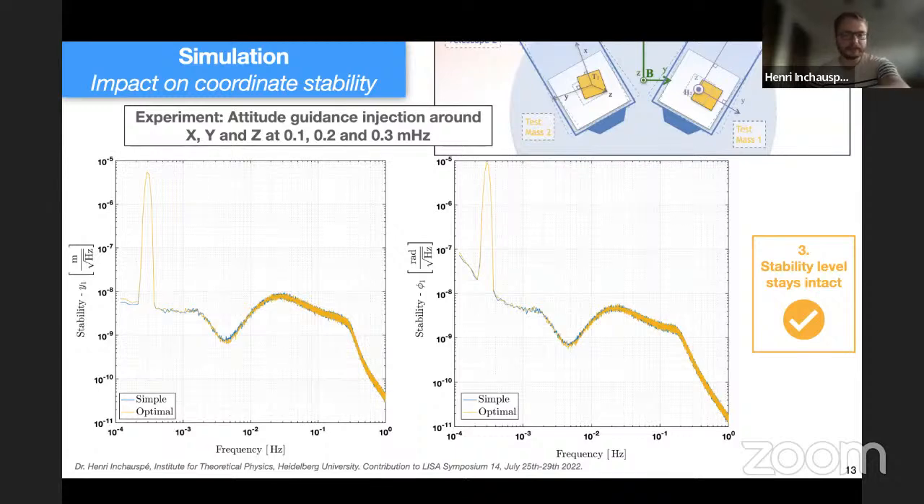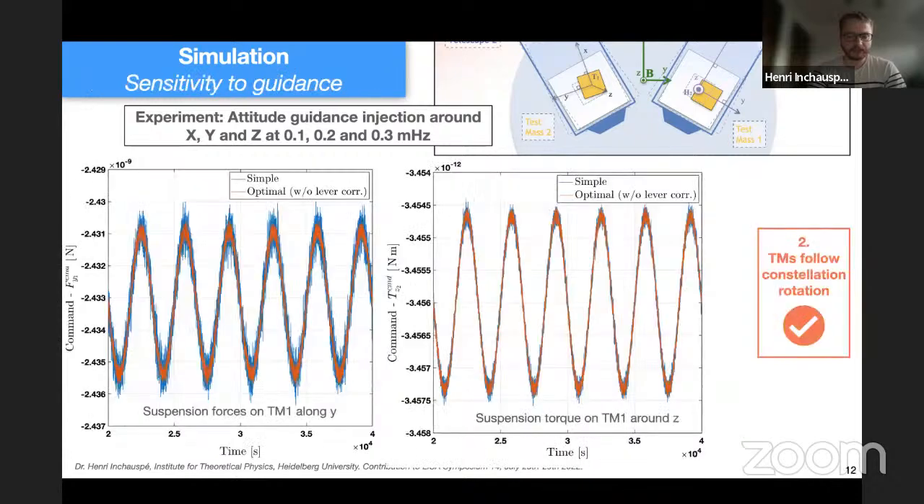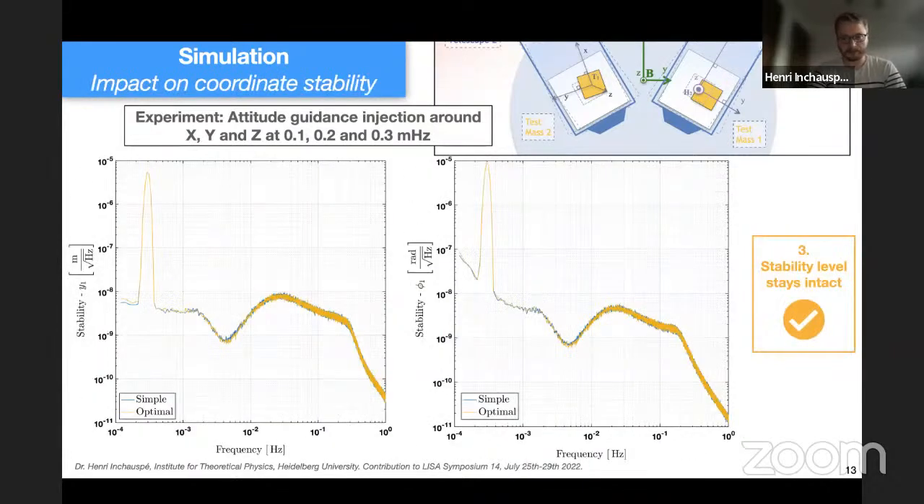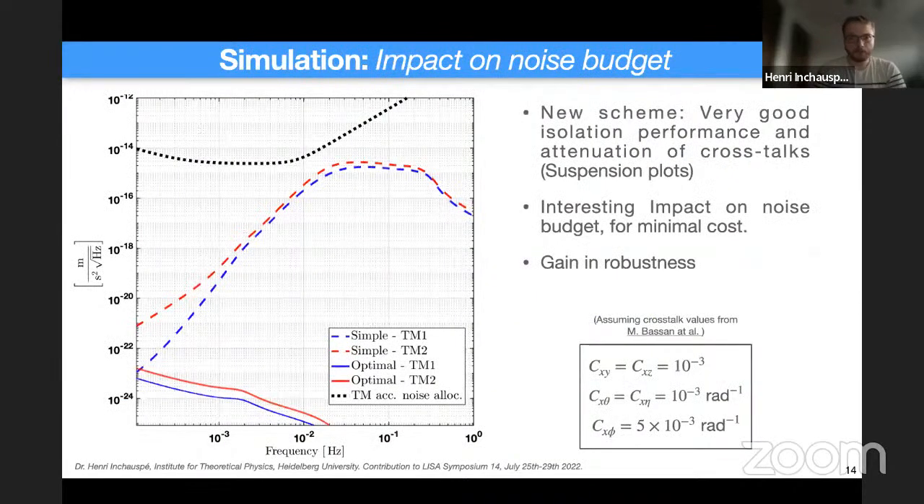You see this peak here. This is just the guidance we inject in that experiment. This is not of interest here. So the stability is the same. So if you look at the impact on noise BJ, the main impact is that if you have some actuation crosstalk,